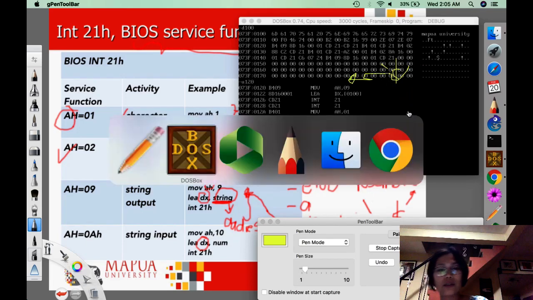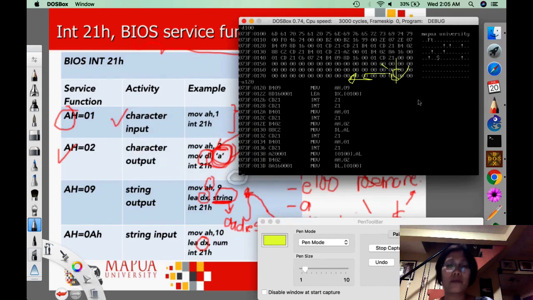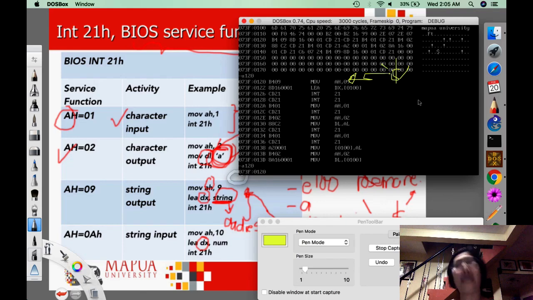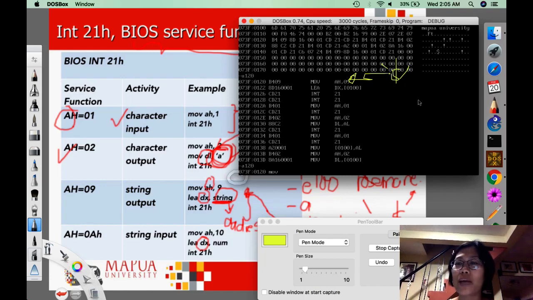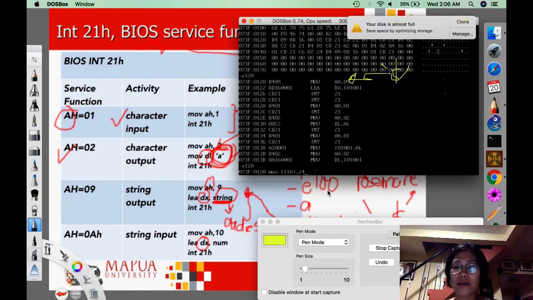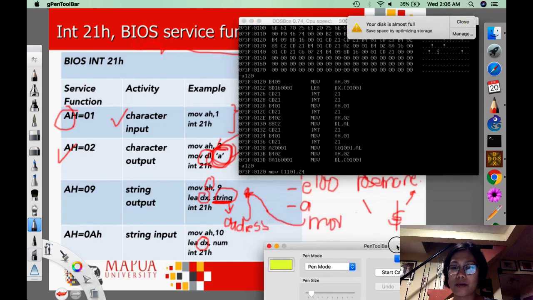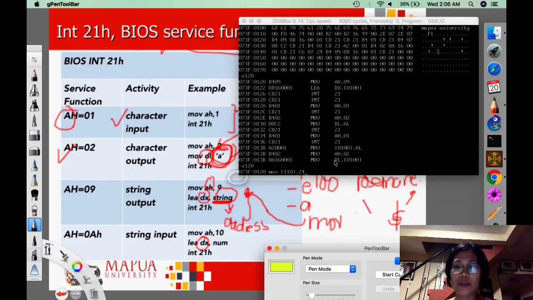So to do that, we assemble again at memory location 120, and we move. What is the address of that? We know already the address is 100 plus how many characters is Mapua University? Up to F, correct? So this is a byte. Which means